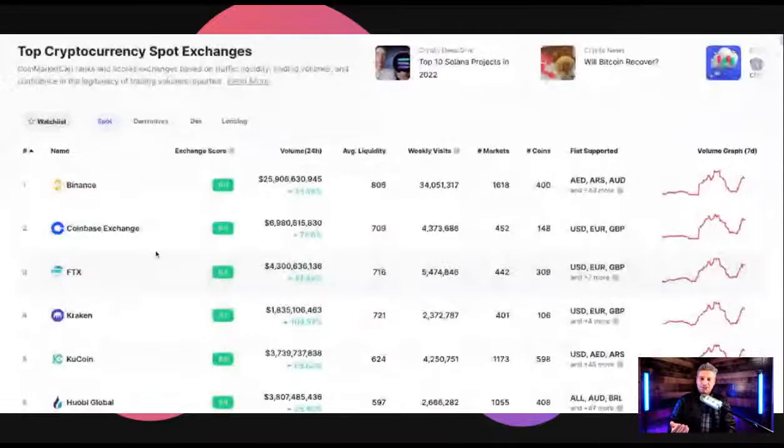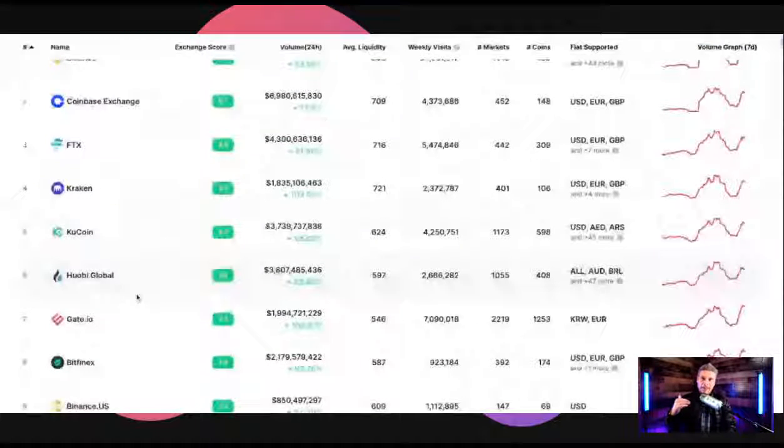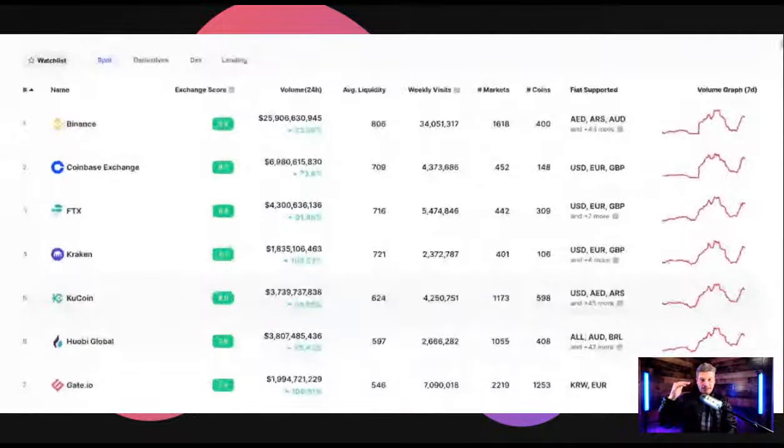I also will watch these sometimes because as you see an exchange rising in rank, and you can look over here in the second column at volume over 24 hours, if we see some flippening happening on a consistent basis, and we've seen FTX continue to rise on these charts, then FTX might be actually a company that we want to look into, because most exchanges also have what's called an exchange token.